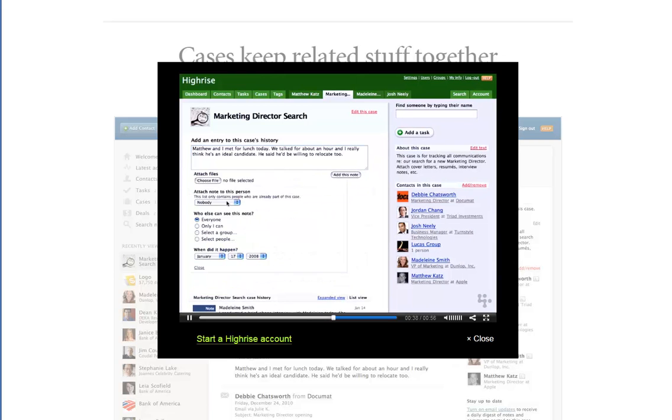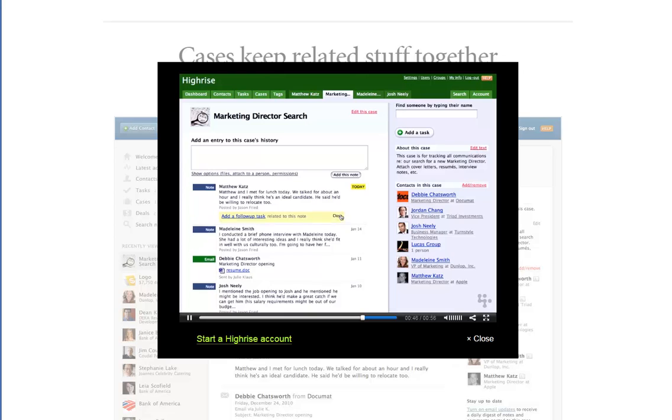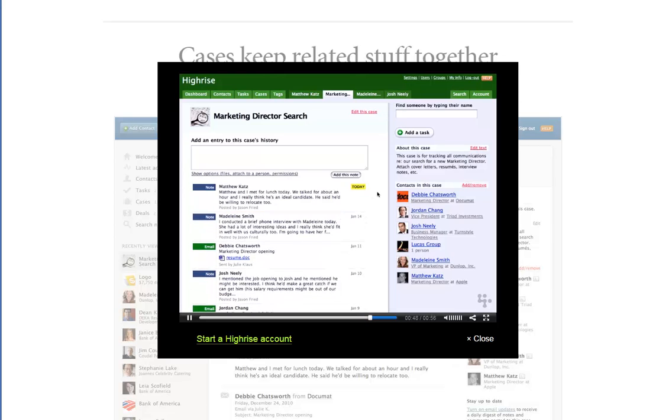So let's add a summary of the meeting and attach it to his name. Now a new note will be added to the case and will show up on his contact page too. And that's how cases can help you stay organized. Whenever you want to keep different information in one place, create a new case and everything you need will be